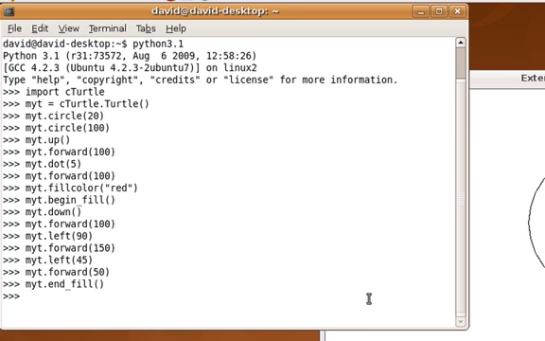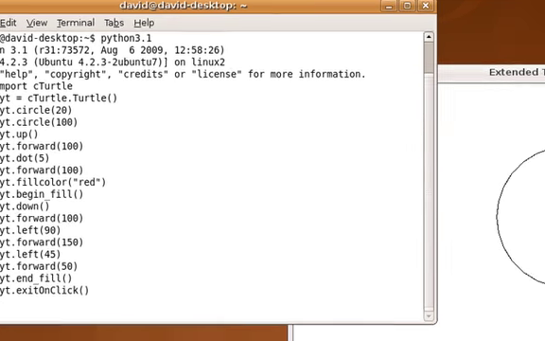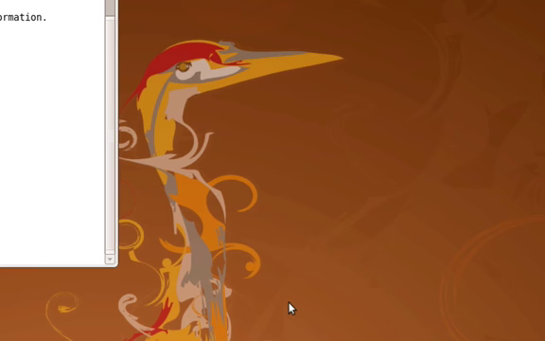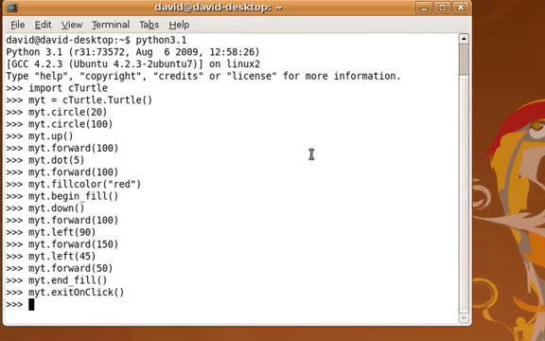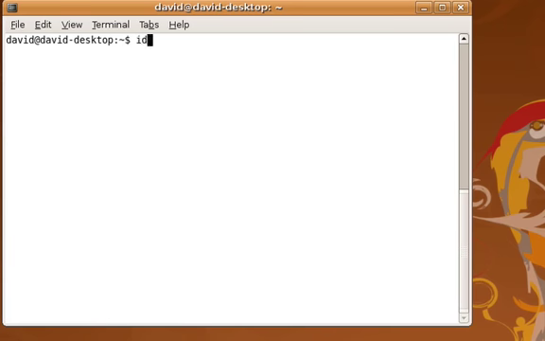And so if I invoke myt.exitonclick, with a capital C, again, it needs nothing to do its work, but what's going to happen here is that the window is going to disappear when I click on it. In a sense, the window is going to close. Now, this might be better seen if I were to run this program from IDLE. And so let's go ahead and close out of the Python shell, and instead let's start up